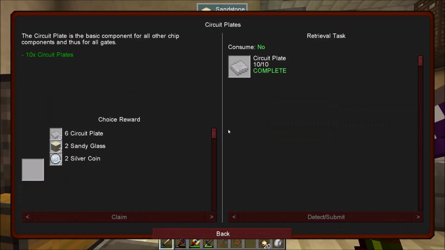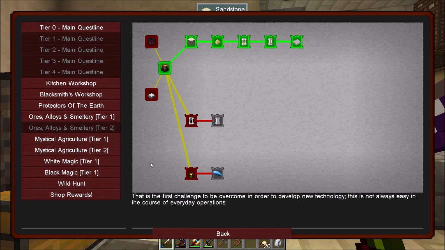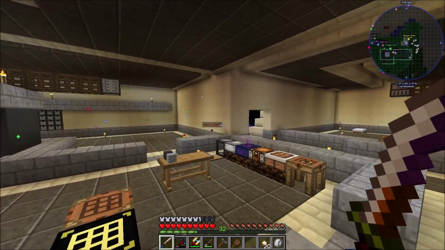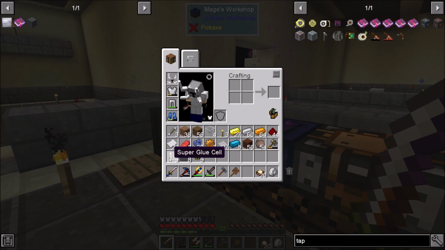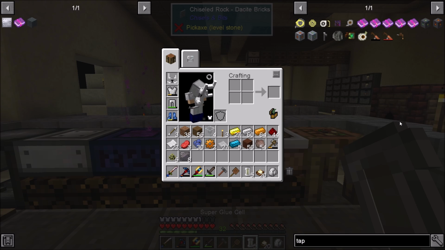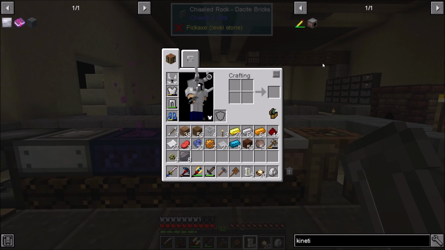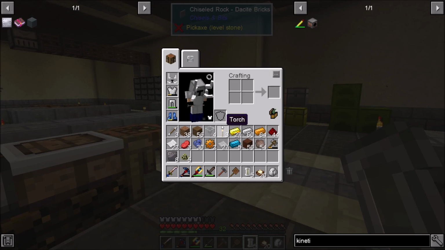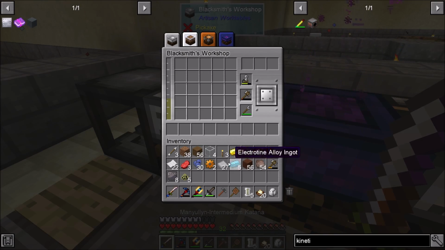It's funny, there's a quest down here to get flowers. I don't have any poppies. I could probably go out and get some, no problem. But okay, so we've got the super glue sails that we need. And so then what we're going to do, now that was a little bit of a tangent once again, I want to make kinetic dynamos. And first up, the iron rods. All we got to do is just